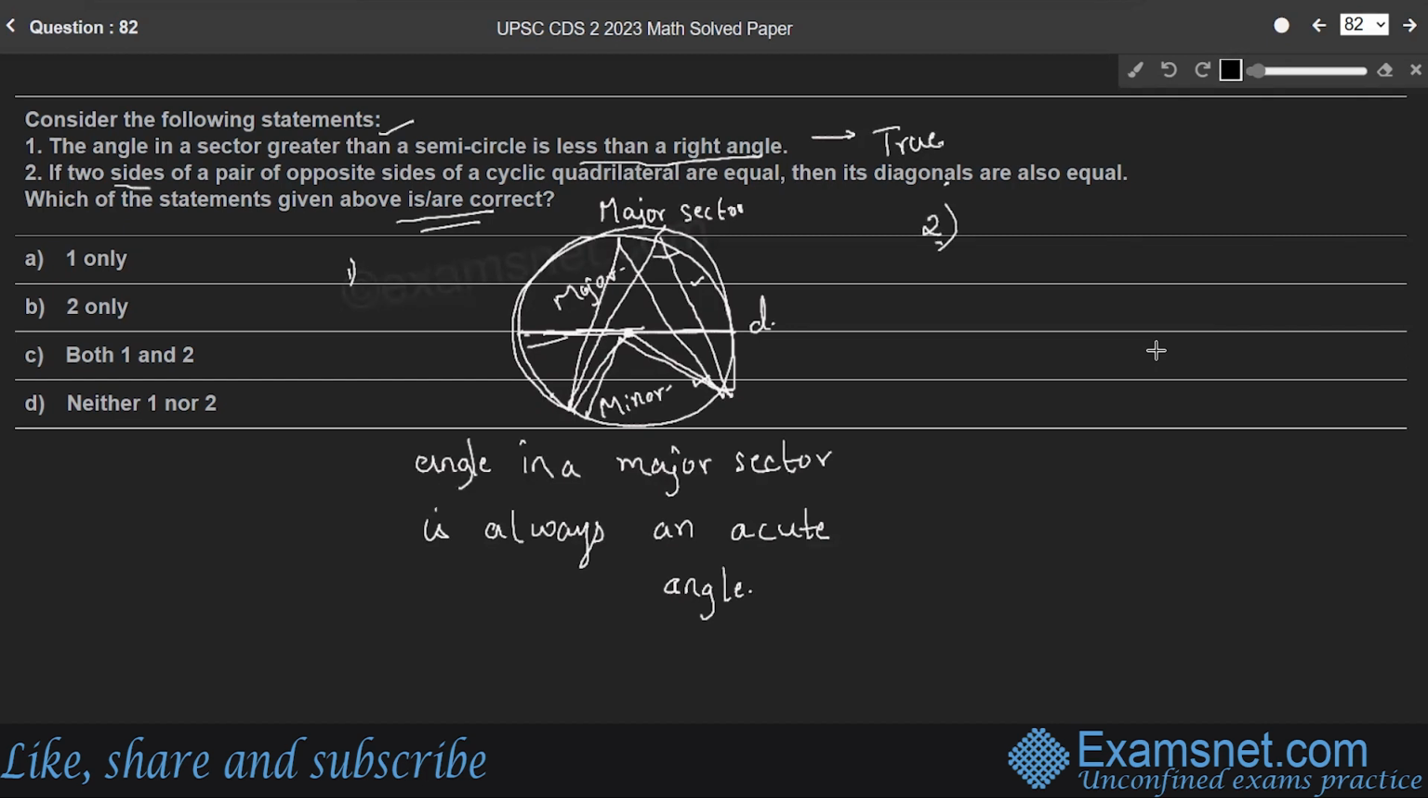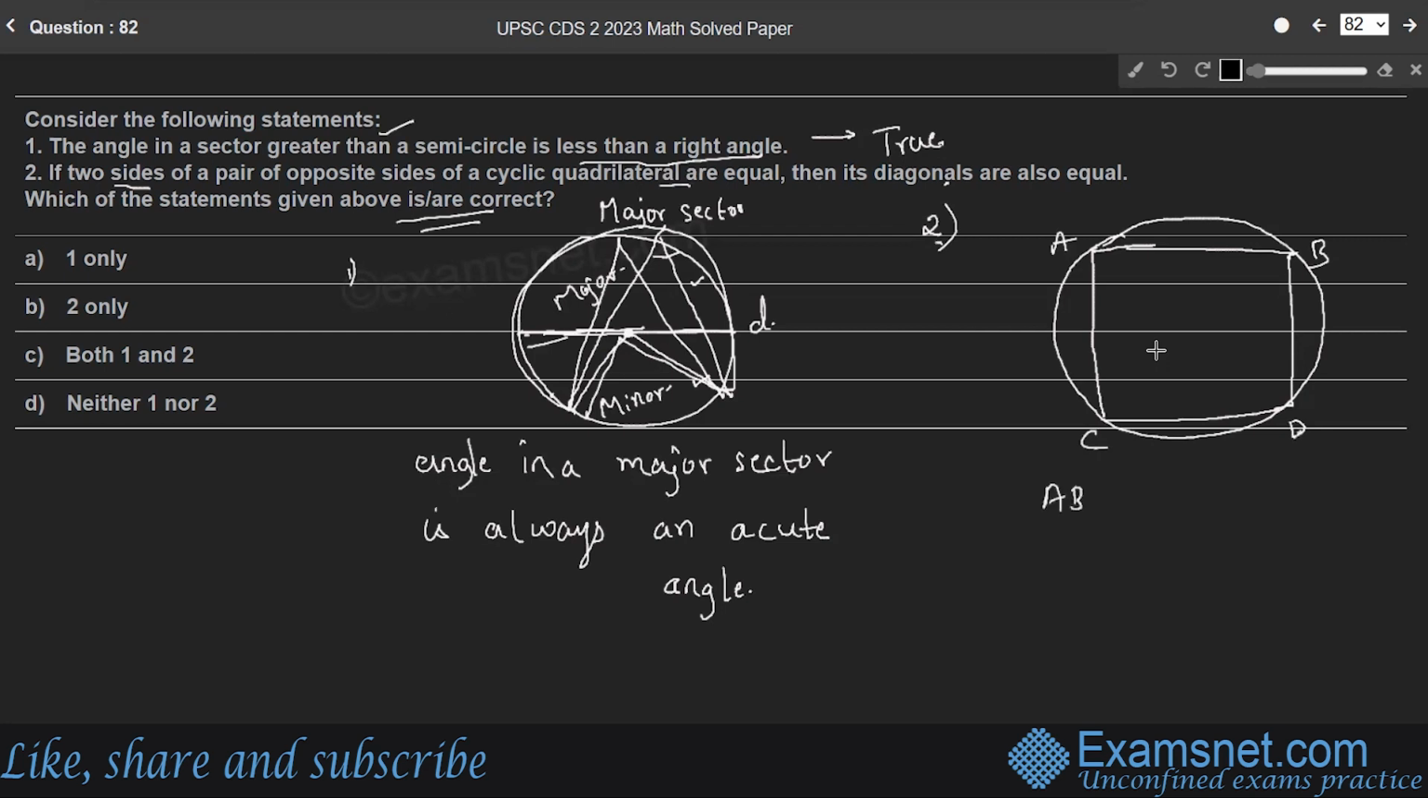If one pair of opposite sides of a cyclic quadrilateral are equal, then its diagonals are also equal. So we'll consider a cyclic quadrilateral, that means a quadrilateral inscribed in a circle, whose vertices are touching the circumference of the circle. It is given that one pair of opposite sides, AB and CD,